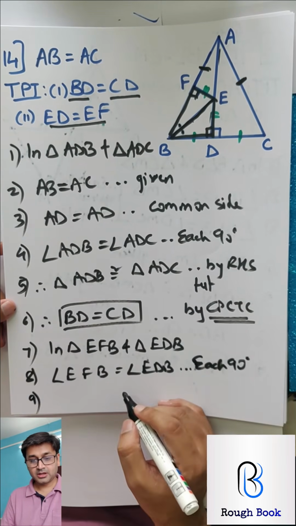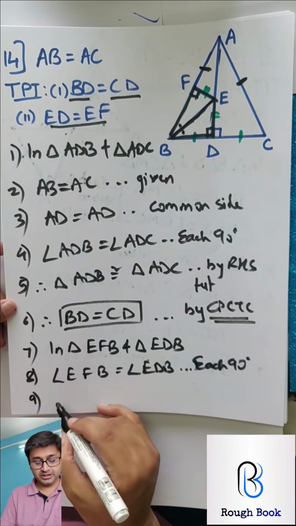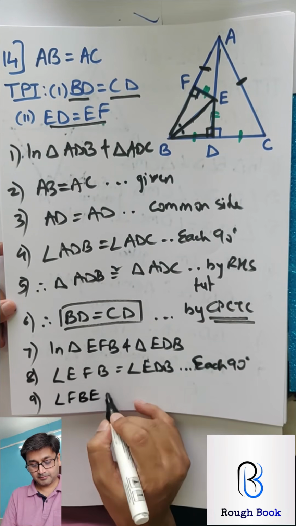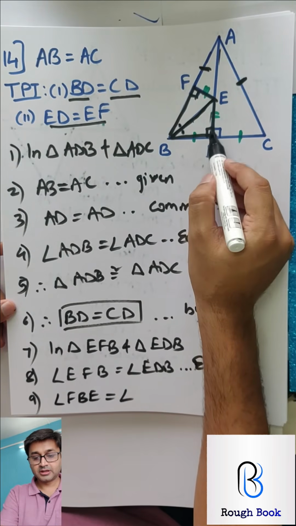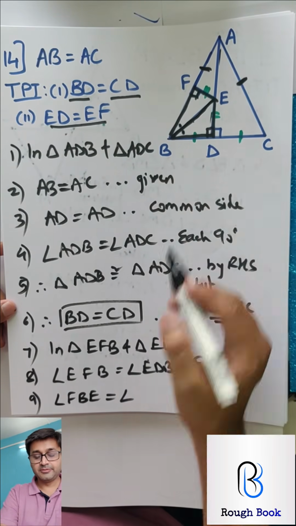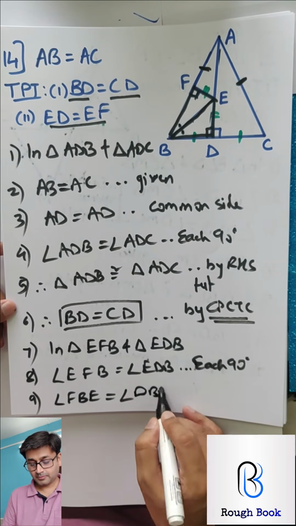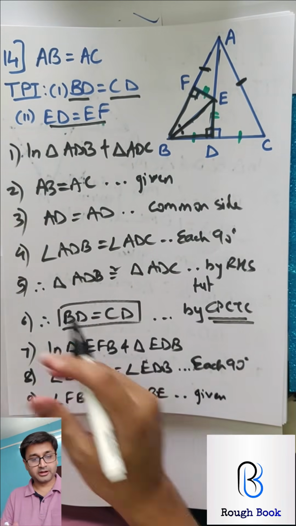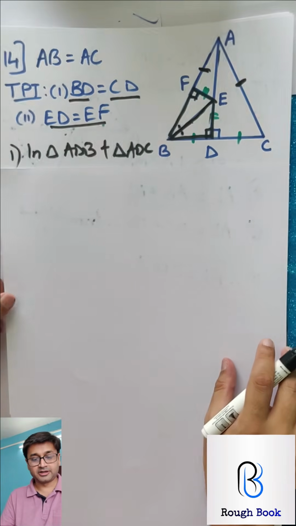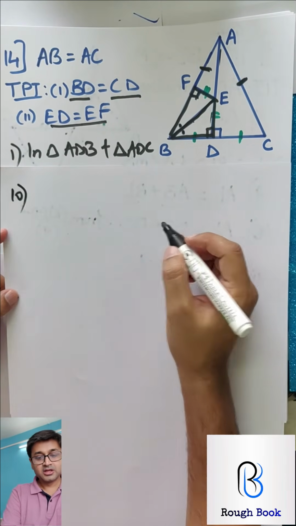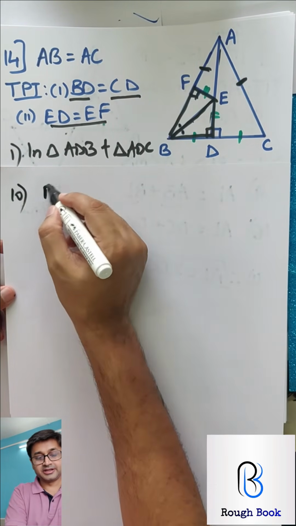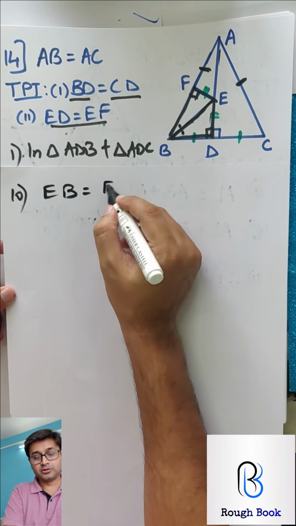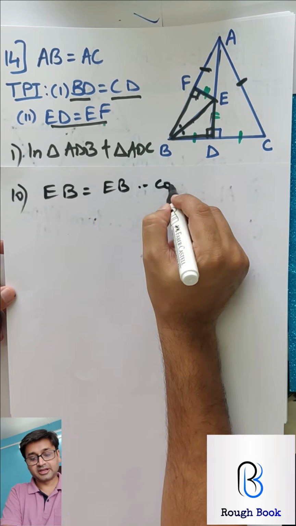Second part, angle FBE equals DBE, given. And how will I go ahead now? Step number 3, common side, EB equals EB, common side,